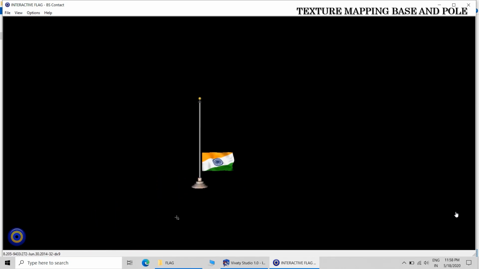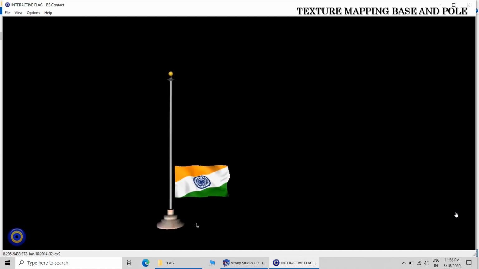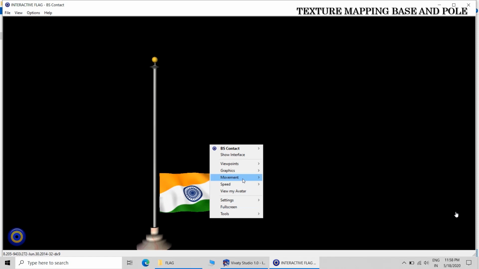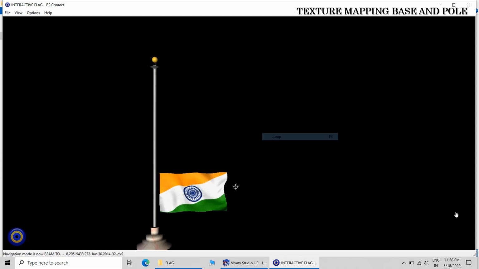So of course it has been applied. You can see that it is shining. It has a metal shine. The problem is that I can't move close to the post.